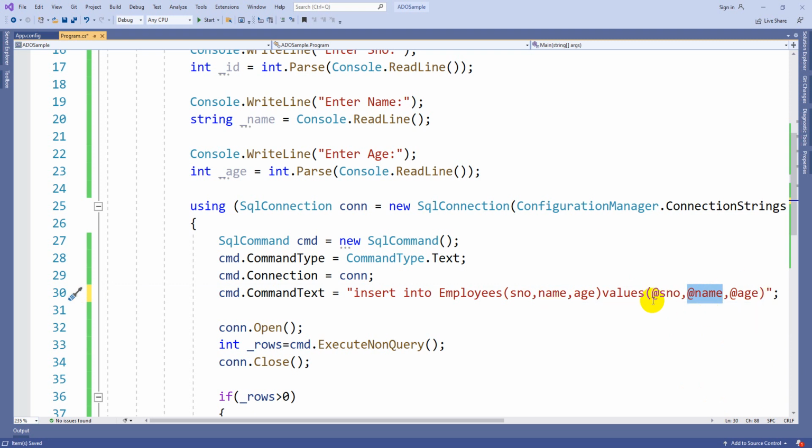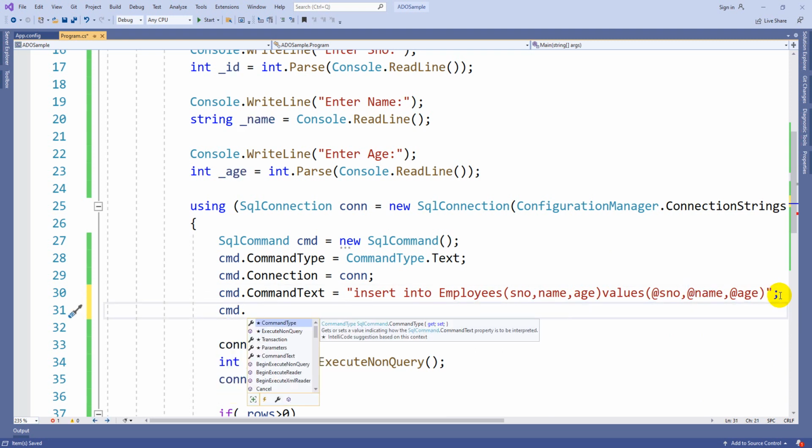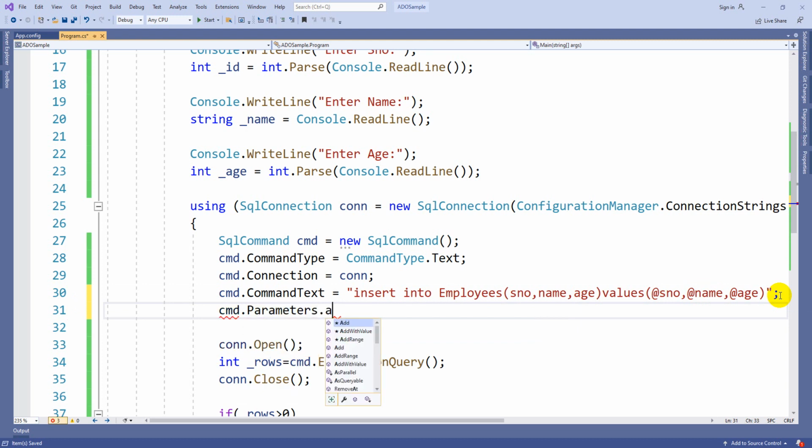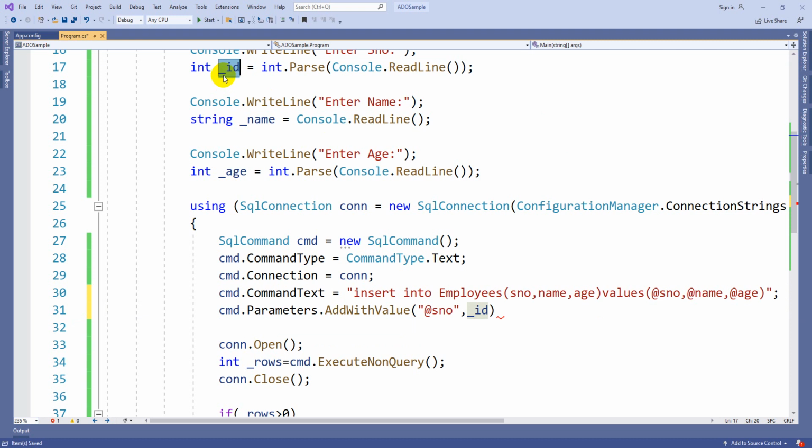So option 1 is there. Here you can write by concatenation, but that is going to make you confused. So why am I going to use this? To avoid confusion, cmd.Parameters.AddWithValue. There is a method called AddWithValue. So you can pass, wherever the serial number parameter is there, that needs to be replaced with id or serial number, anything is fine. Let me take similarly _snvo. So here also let's pass _snvo.